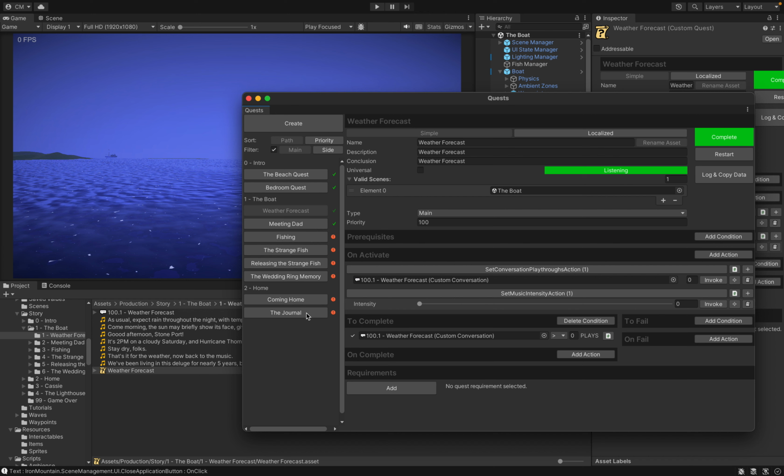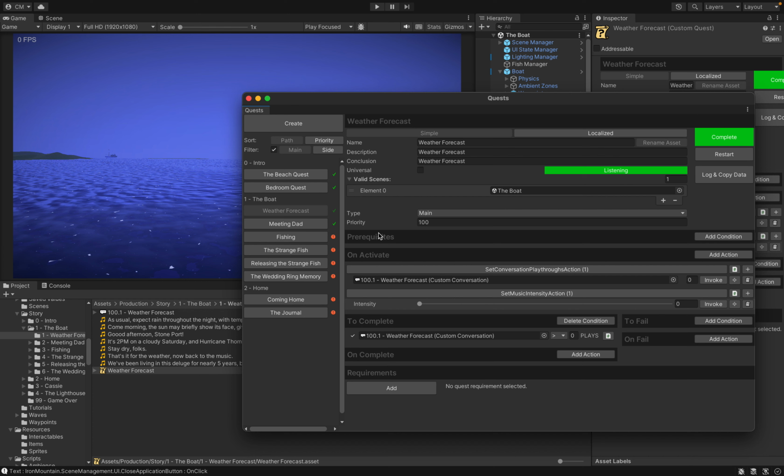On the left here you can see all the quests that are currently in the game. And this main view shows kind of the main quest data, so we have some high-level descriptions. This controls which scenes the quests are active in. Some scenes only have one quest in them, and some quests are in many scenes, so they need to be accessed globally, basically. But for example, this weather forecast quest is only in the first scene.